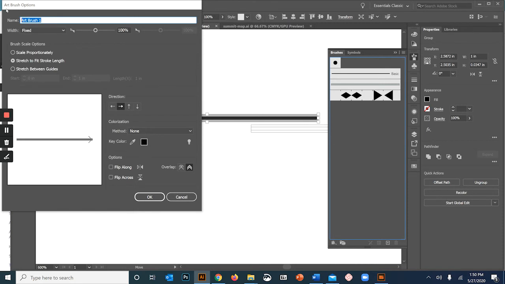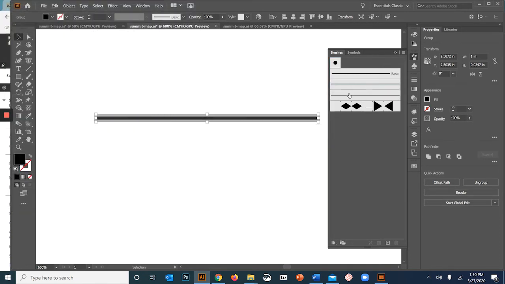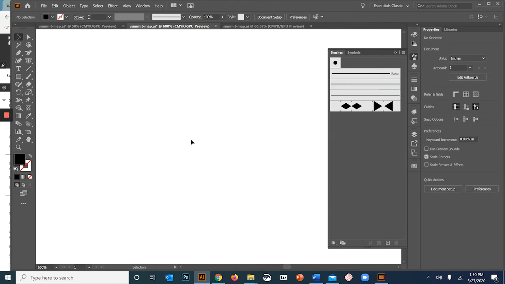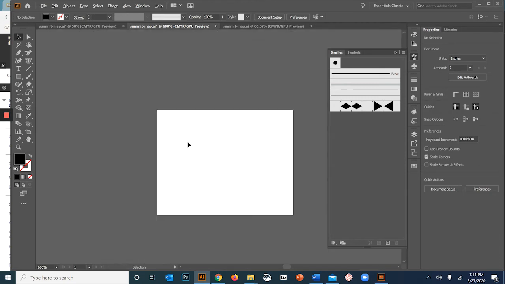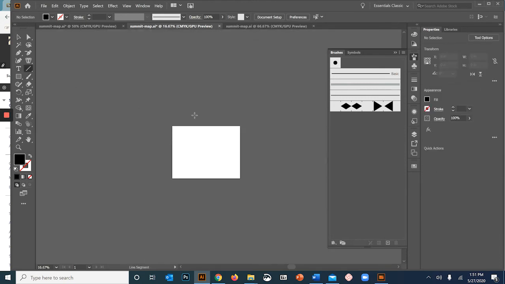We're going to call this ski lift. All of this stuff is fine, and say okay. Do you see it has made, this is it right here. If you hover your mouse over it, you'll see it says ski lift. We can now delete this. We don't need it anymore. But what's great about this, if I make a line,